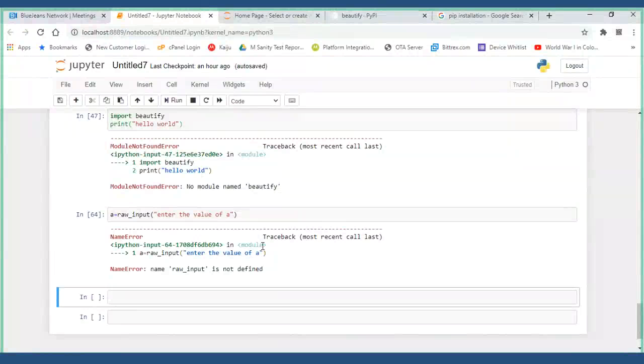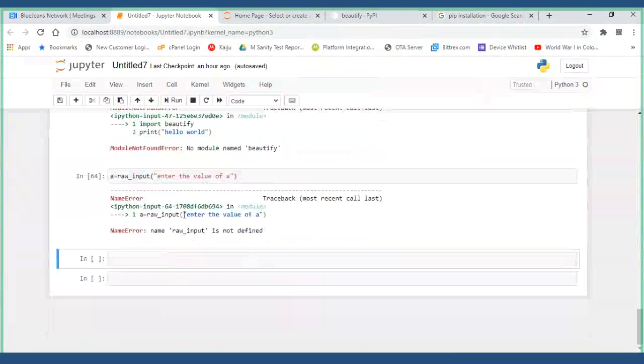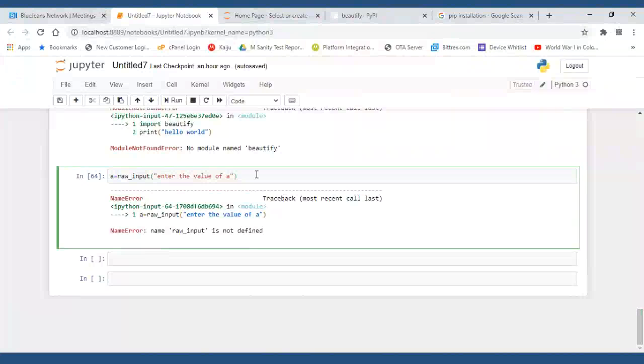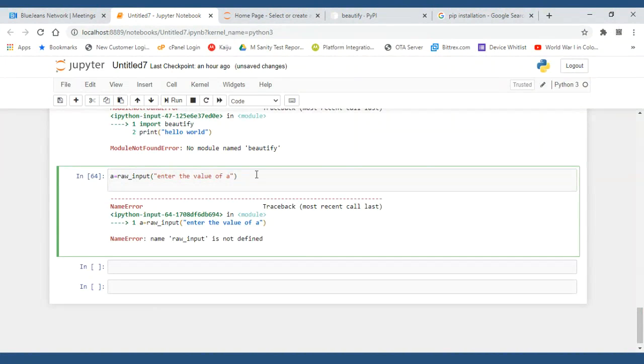Okay, now what I said, we had one function called raw_input. In the same way we had one more function to enter values: a = input.